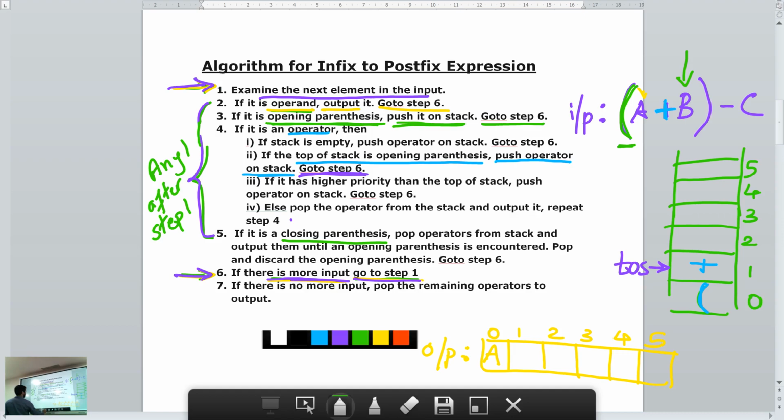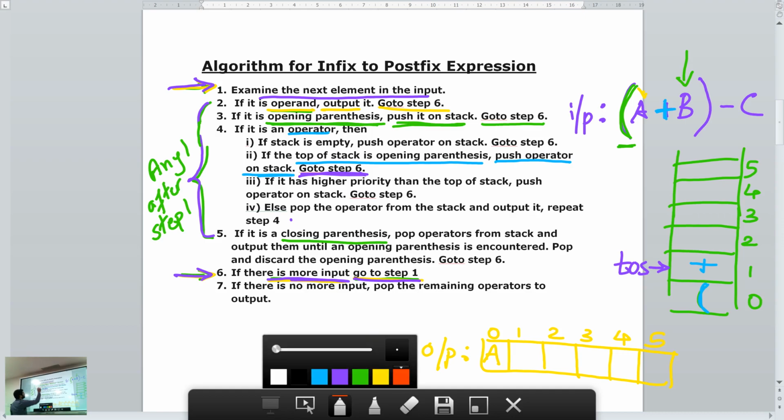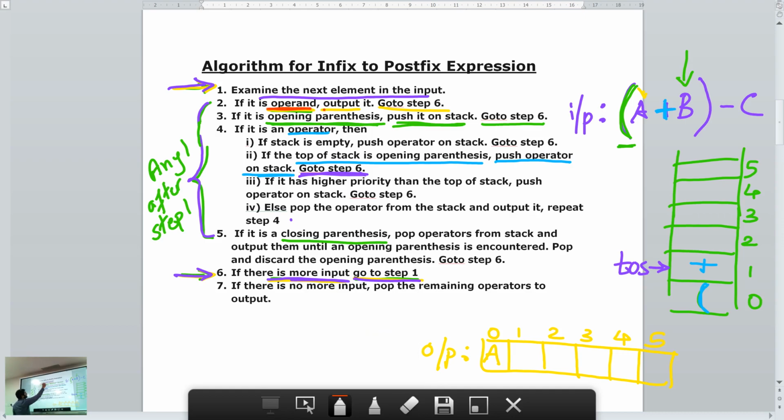Yes, it is step 2. It is an operand, so you output it. You will put B in the output. Then you will go to step 6. Step 6: if there is more input, is there more input? Yes. Go to step 1.